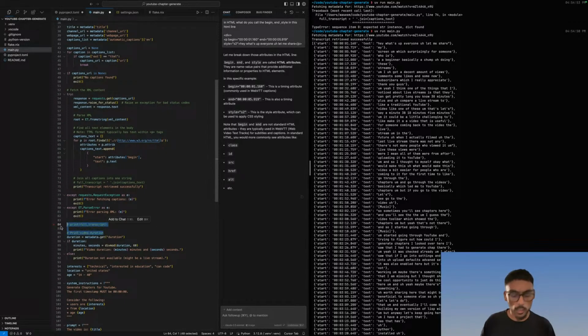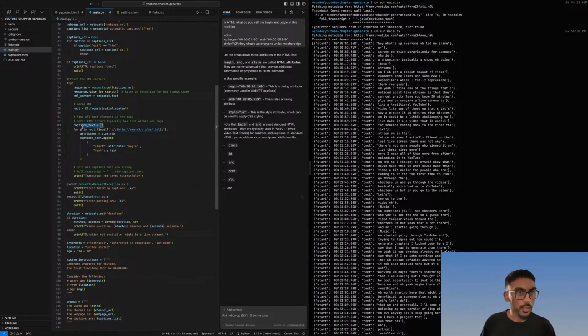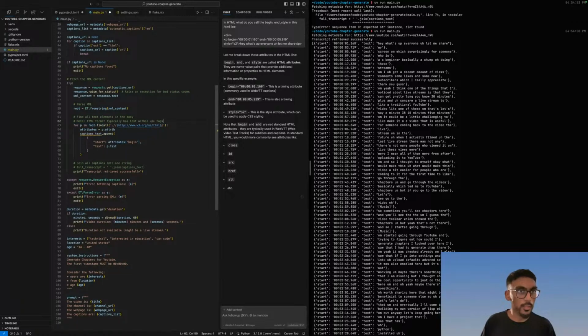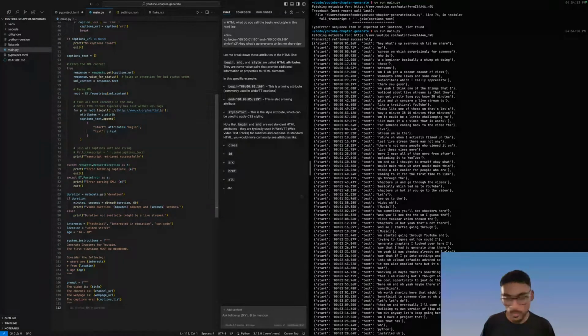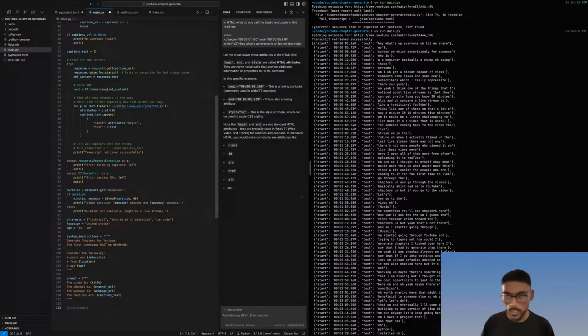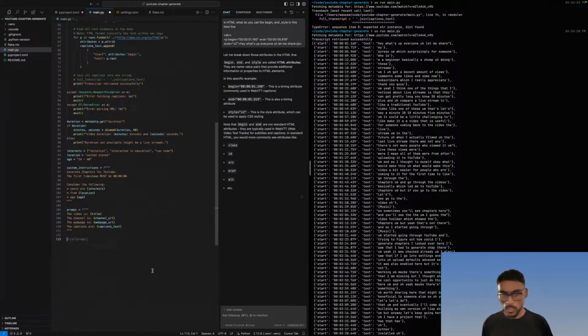Cool. Let's delete that. Okay. Now we have this thing called captions text. I'm going to remove caption text outside of this try. This code is not my best. It's doing its job. Captions text. Okay. Cool. So now we should have this prompt, and we have the system instructions that we can send over to OpenAI. Okay, so let's actually send this over to OpenAI and let's generate these chapters.